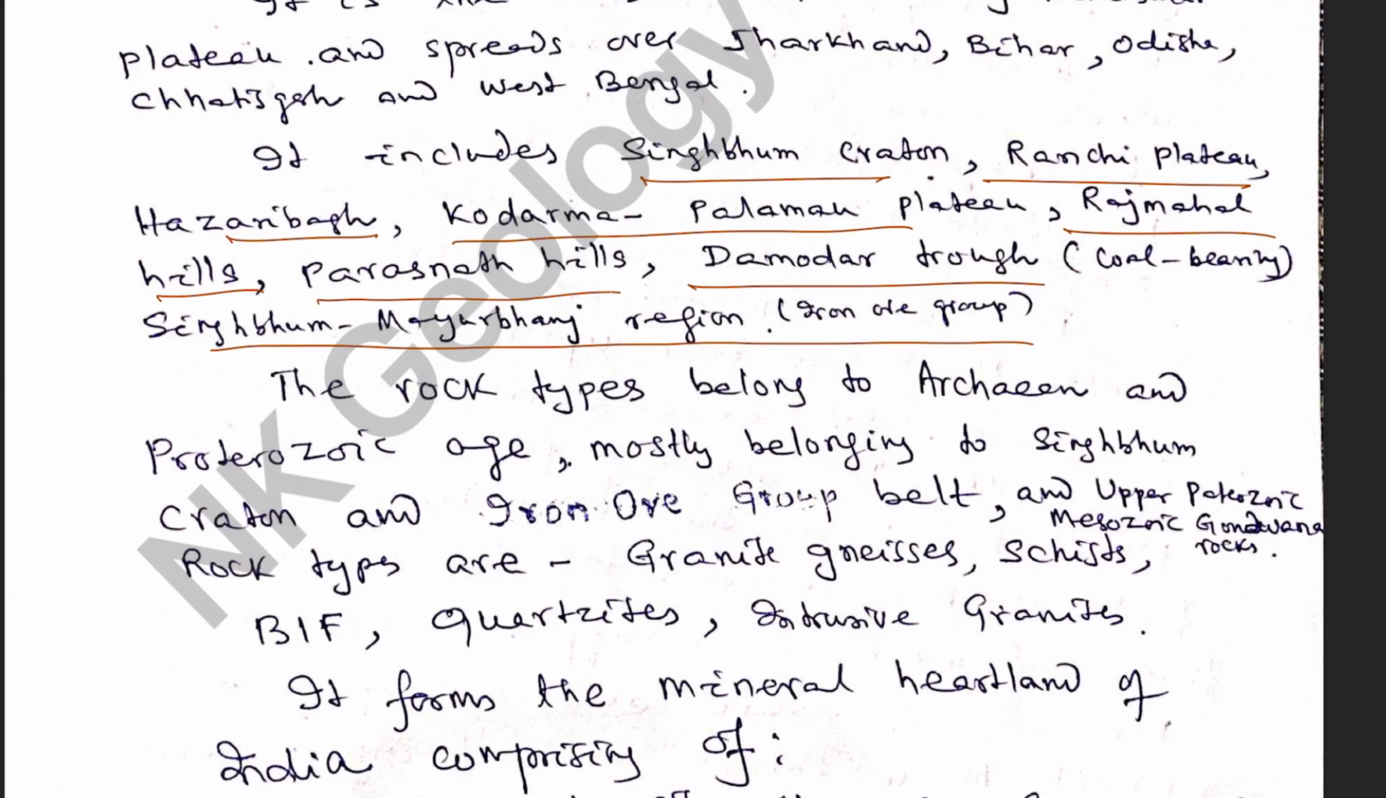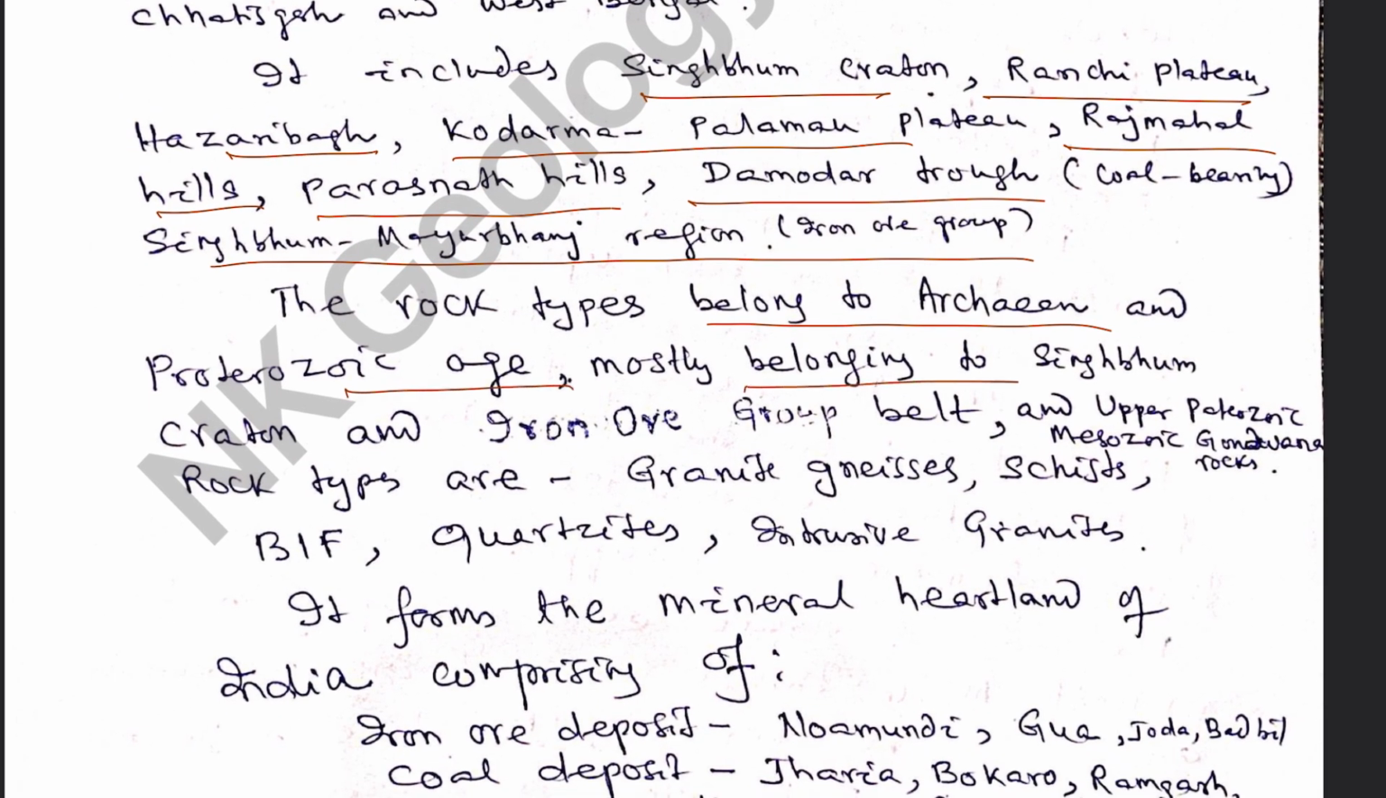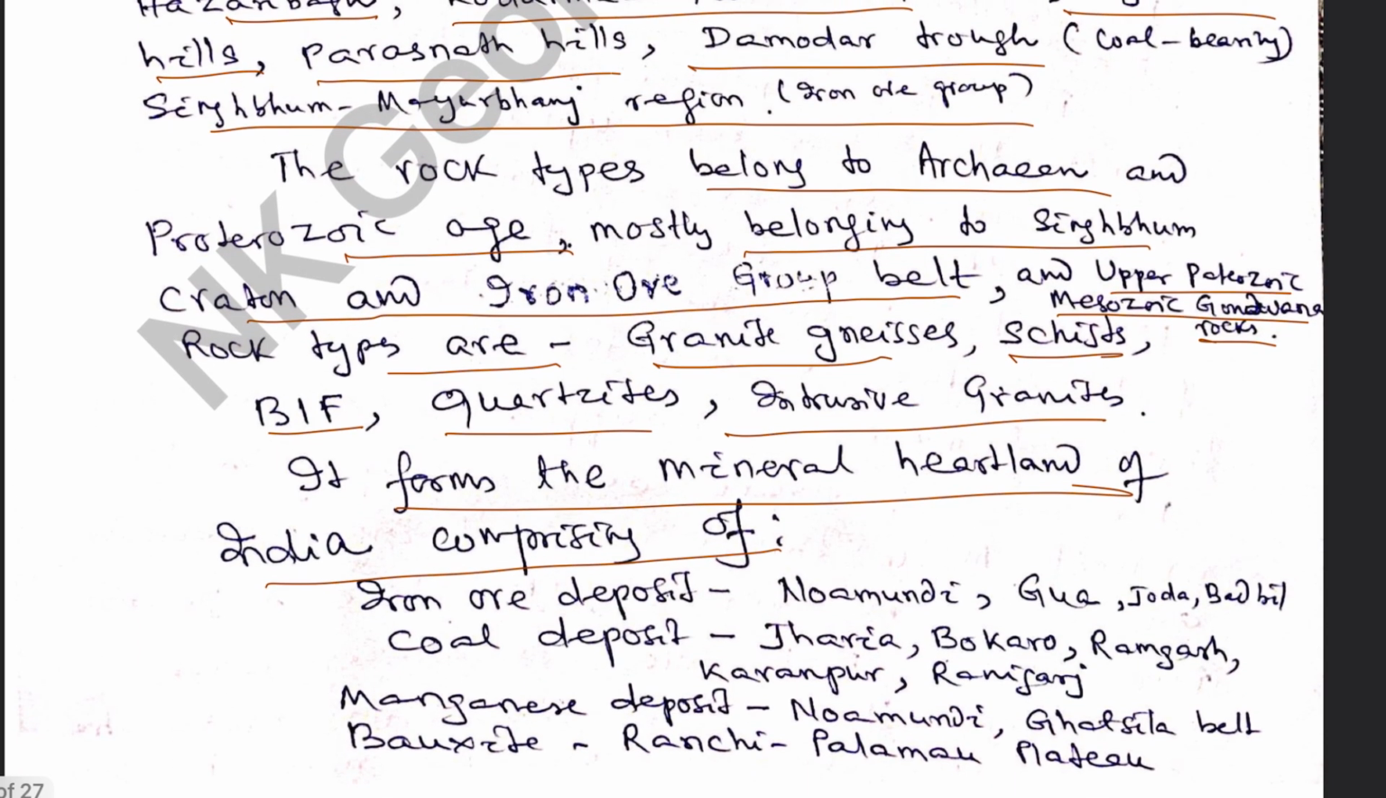This region is found to be mineralogically, economically very rich. The rock types belong to Archean and Proterozoic in age. Mostly they belong to Singhbhum Craton and iron ore group of rocks. And also it contains Upper Paleozoic and Mesozoic Gondwana rocks. The rock types are granite gneisses, schists, banded iron formation, quartzites, intrusive granites, and it forms the mineral heartland of Indian landmass, which is represented by iron ores extending over Noamundi, Gua, Joda, Bodbil sector, and